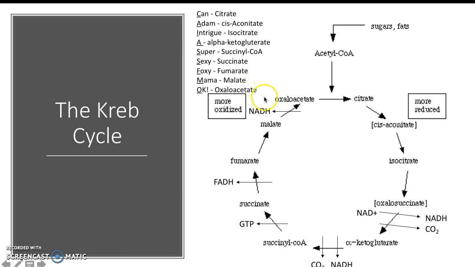So an easy way for me to remember all these steps of this process is an acronym that I like. It may not be appropriate for some classes, but it helps me to remember it. It is: can Atom intrigue a super sexy foxy mama? Okay. And it's: can is citrate, atom is cis-aconitate, intrigue is isocitrate, alpha-ketoglutarate, super is succinyl-CoA, sexy is succinate, foxy is fumarate, mama is malate, and OK is oxaloacetate. And that's just an easy way for me to remember it, and I always remember that oxaloacetate bonding with acetyl-CoA